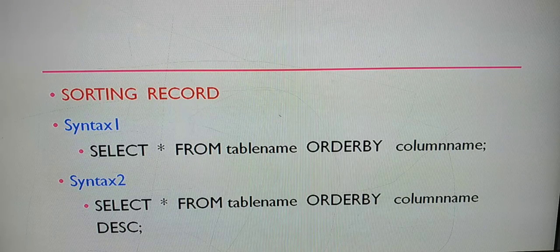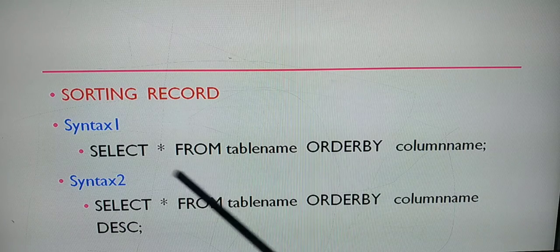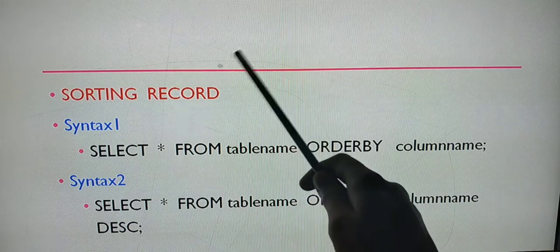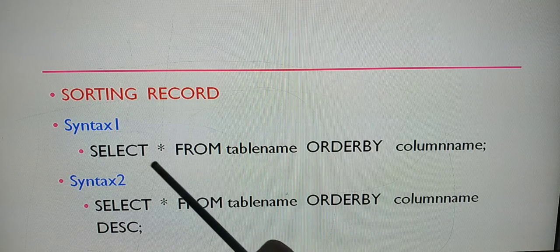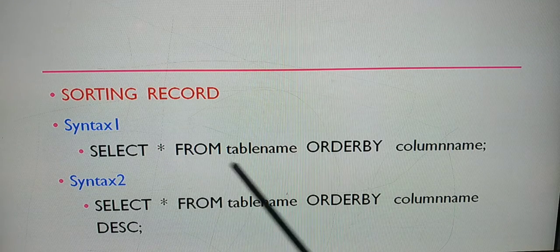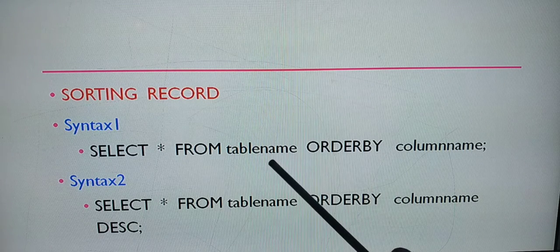So go with the first syntax. The syntax is select star from table name, order by column name. Select star: star means all the details in the table will be displayed for you. Select star from whatever table name you are willing to specify.